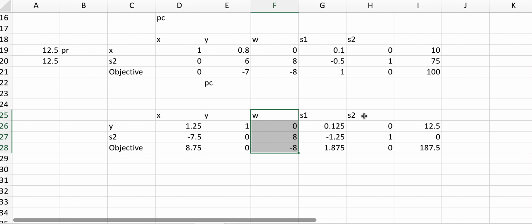Slack variable 2 is equal to 0, so we've actually used all the resources, even though it's a pivoted column. And slack variable 1 is 0, too. So this solution of creating all 12.5 units of Y uses up all the resources. It gives us a profit of 187.5. But our tableau is telling us it's not optimal